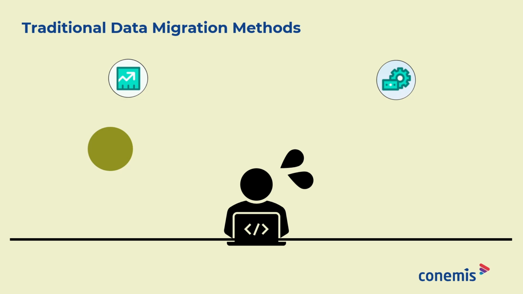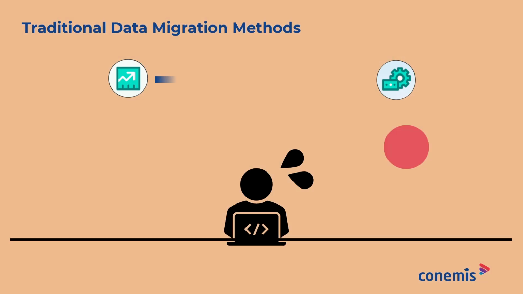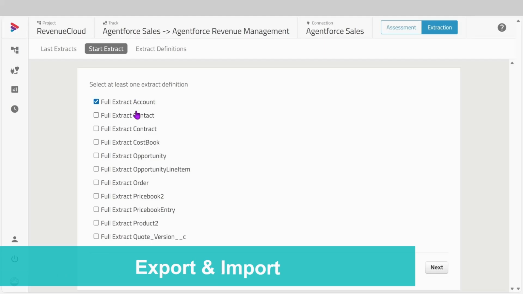The second challenge is the inefficiency caused by the large number of migration steps. Exporting accounts, importing them, exporting contacts, importing them, doing this object by object takes an enormous amount of time. And depending on the approach or tool you use, there may even be limits on how much data can be processed at once, which further increases the number of runs required. CTC solves this as well.